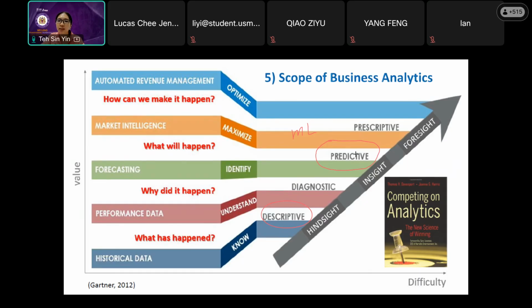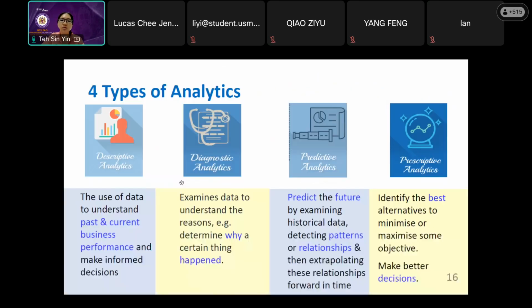Okay. So try to read more. For example, use ChatGPT and create a table to compare the differences between descriptive, diagnostic, predictive, and prescriptive, like what I did here. Of course, this one is more of a general summary. If you want more detail, then you can just ask DeepSeek or ChatGPT to come out with the table. Then you will have a better picture. Okay? Thank you, doctor.